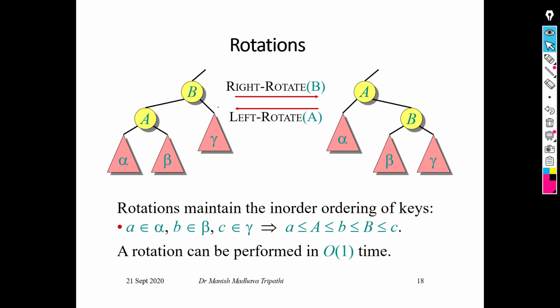After the right rotation, A will be shifted upward and B will be shifted downward. So if this rotation happens, A will become the parent, this bond will be broken, and at the place of this bond B will come. At this branch B will come, and again this bond will also be broken, and at this point beta will come from the left hand side, and this is all about rotation.